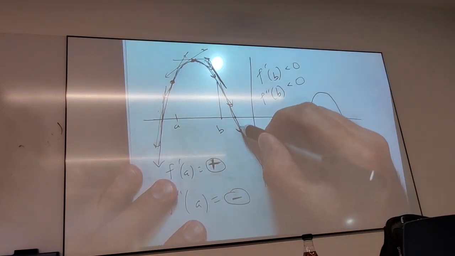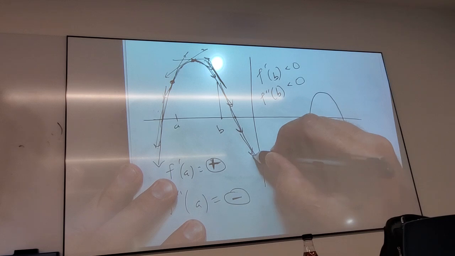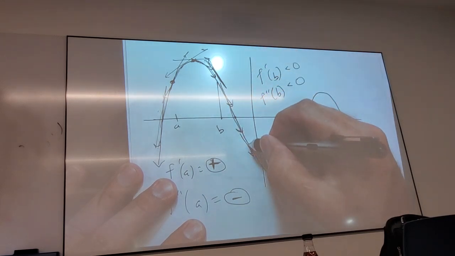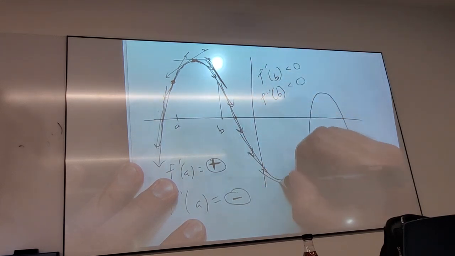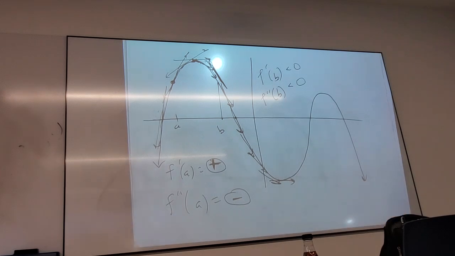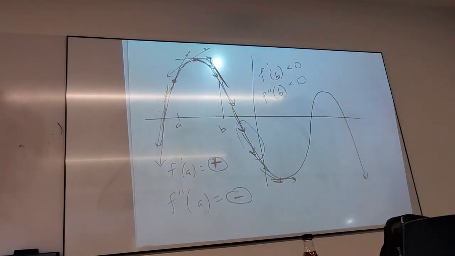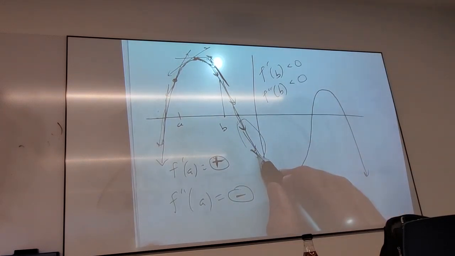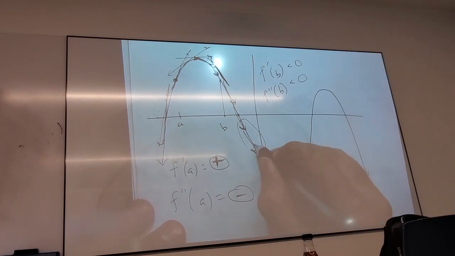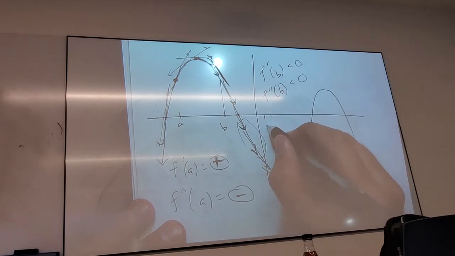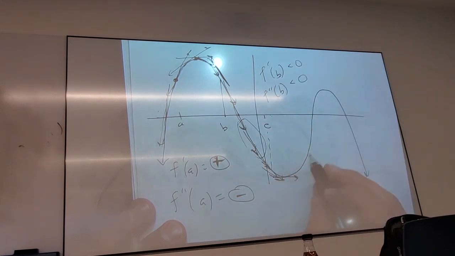So does everybody agree that at some point, the slope stops getting bigger, negative, and starts getting smaller, negative? So at some point in here, and we talked about this point before, it reaches its biggest negative slope. And then it starts to get less negative. So at some point in here, let's say this is C. At C,